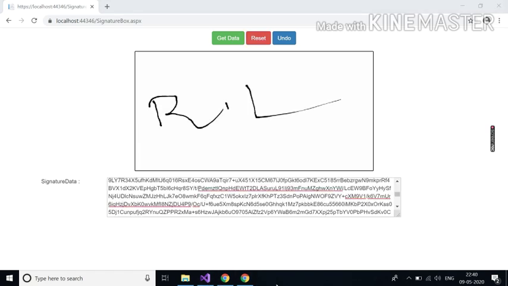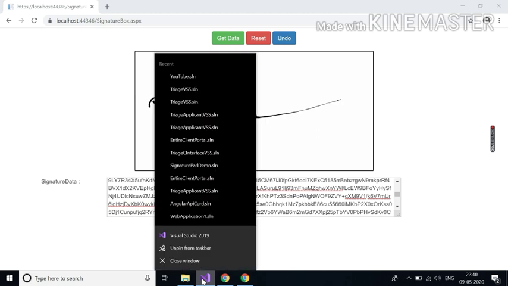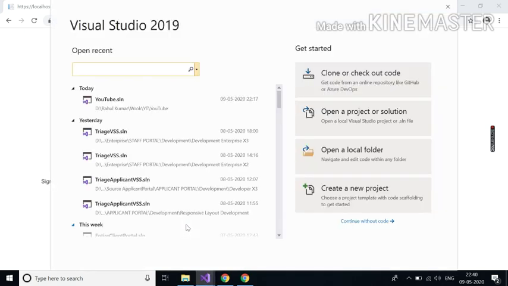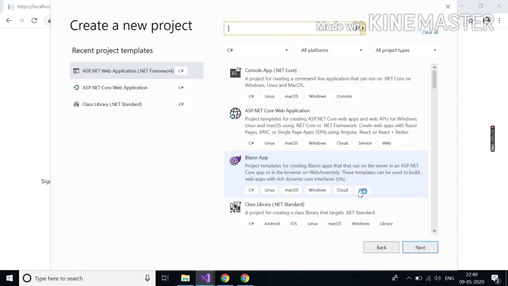Let's start. First of all, open Visual Studio and create a project, ASP.NET Web Application.